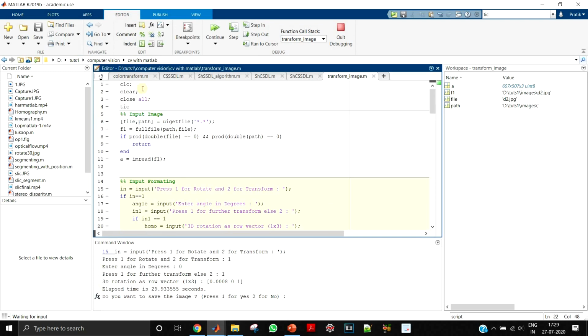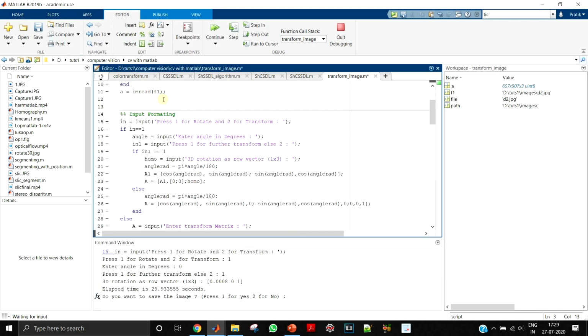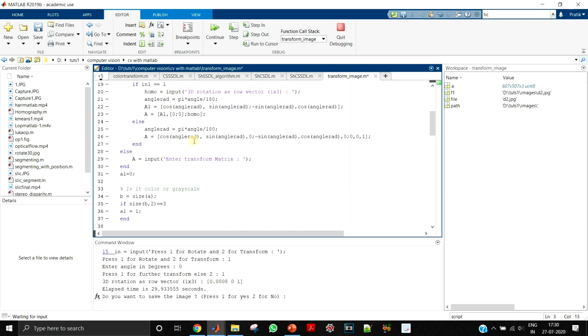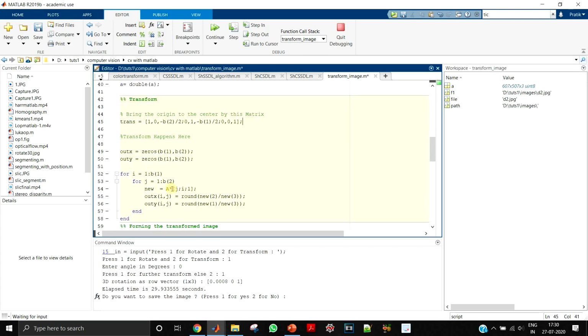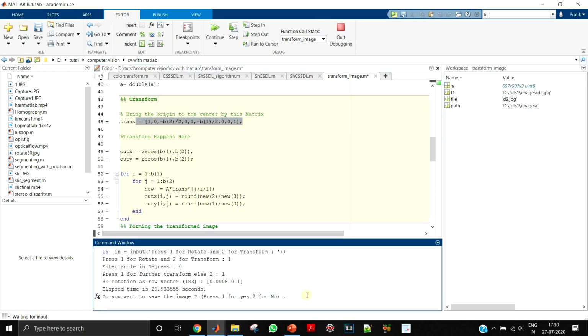Now let me introduce, so I'll not do close all now. Let us compare both the images, and now let me put this trans. So let me put trans. So now there is this transformation that is going to happen, that is the origin is going to get shifted to the center of the image.